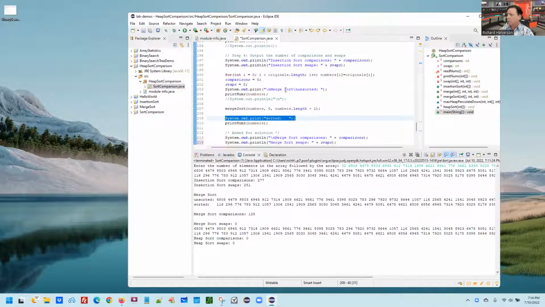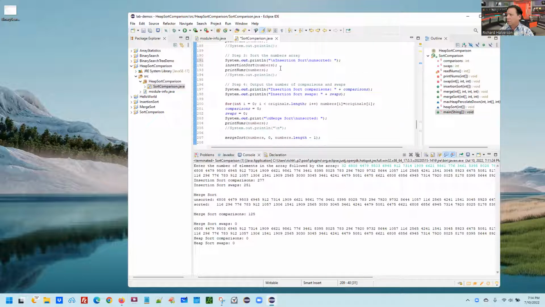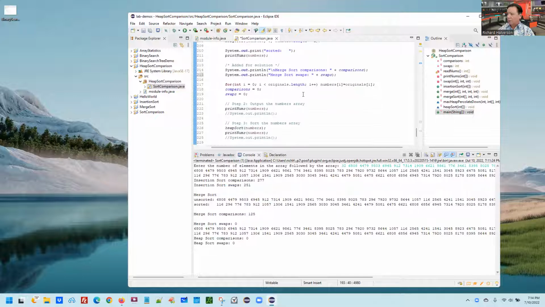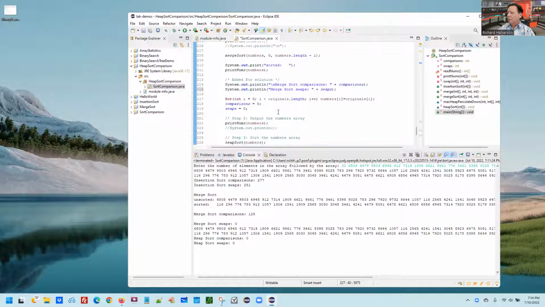And this can go sorted, sorted. And I want this to be sorted, and this can be